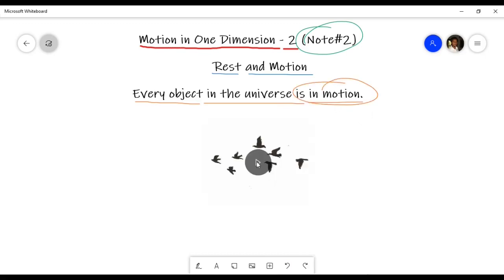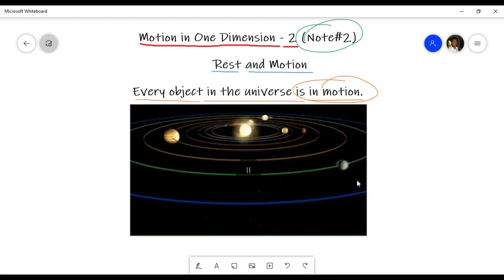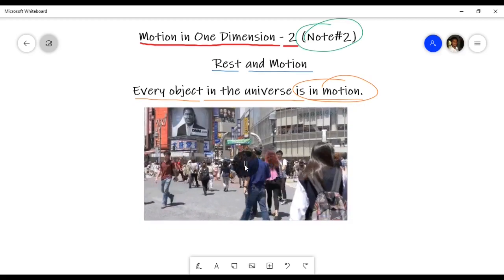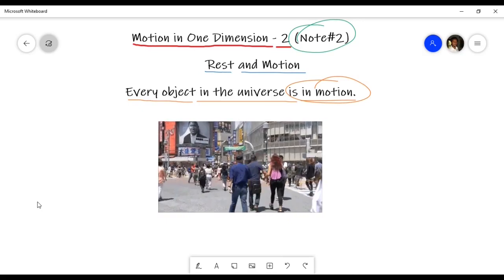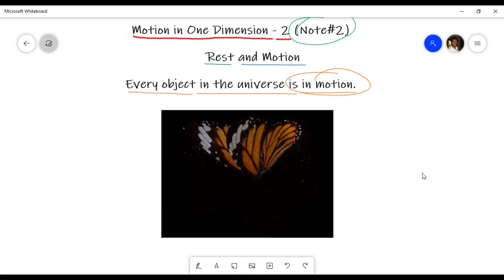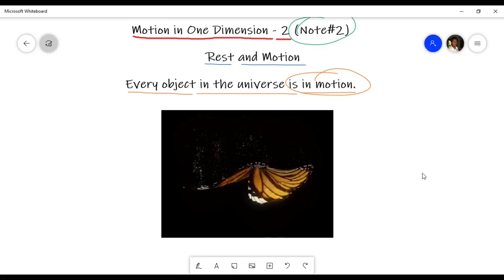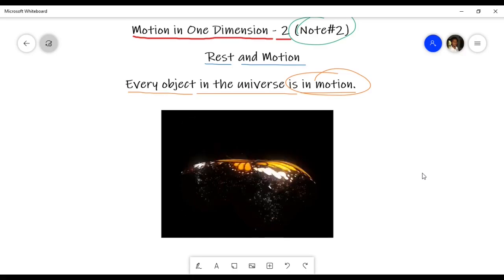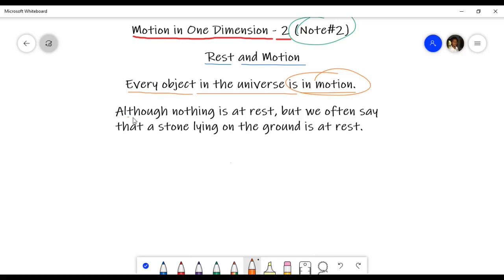We see birds flying, they are also in motion. Then even our solar system is in motion, right? All the planets revolving around the sun. So every object in the universe is in motion. We also see people walking, they are also in motion. We see insects or butterflies flying, right? So although nothing is at rest, but we often say that a stone lying on the ground is at